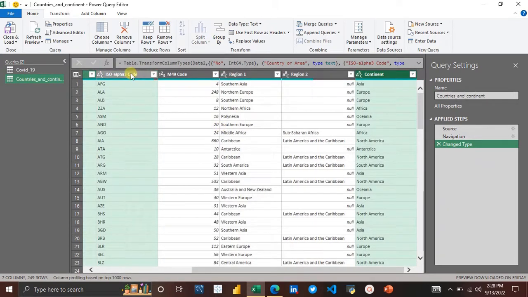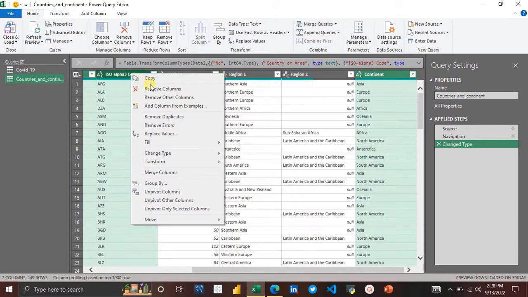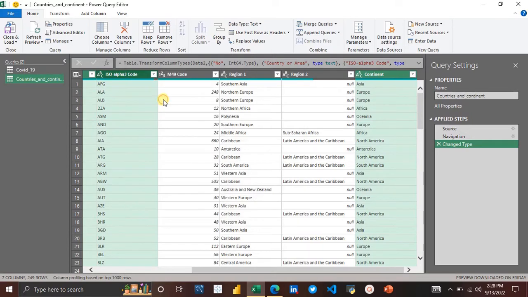I'm just going to right click, then say remove other columns. What this means is that it will remove the columns that we've not selected. If you click remove columns, this will remove the columns that you selected, but if you click remove other columns, this will remove the columns that are not selected. All right,